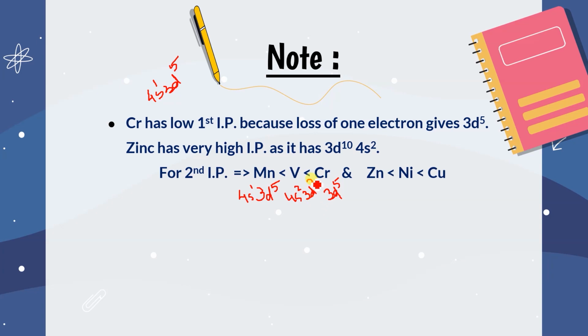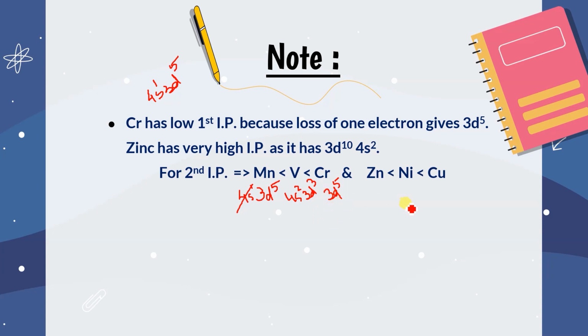If we talk about the t2g, the coordination we have done, 3 electrons will be considered as half-filled stability. So it is called t2g stability if we have 3 electrons in 3d. It will lose the electron very easily because it is going to get what? Stable configuration. So manganese will have the least second ionization enthalpy, while chromium will have a very high one because it doesn't want to leave that electron, since it is in the stable condition.